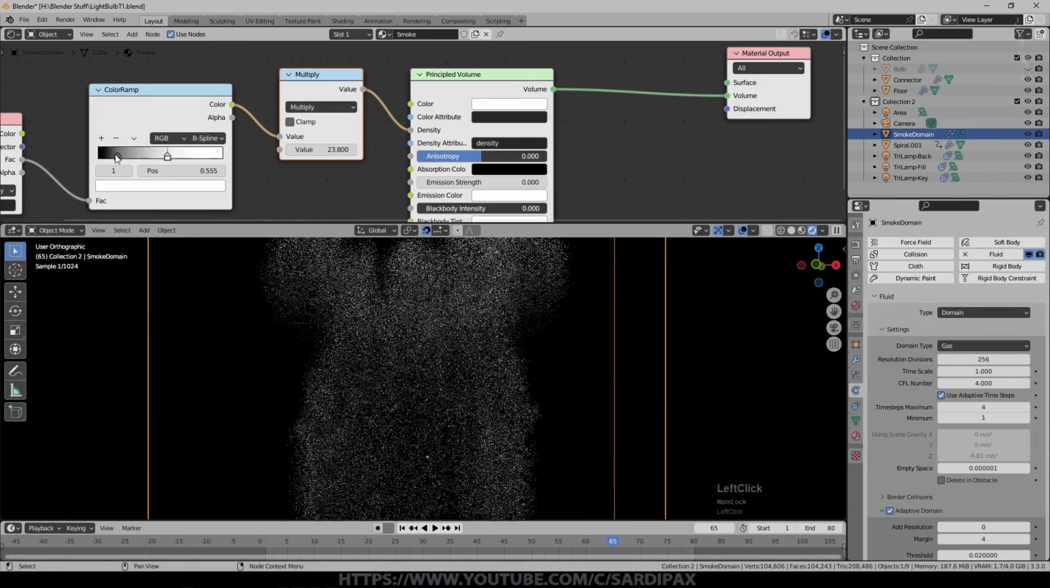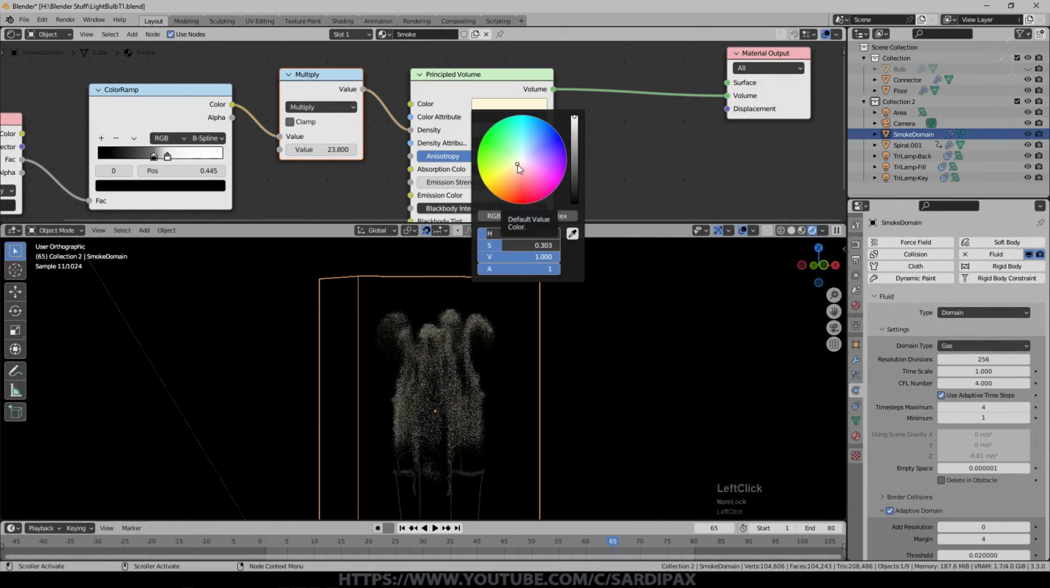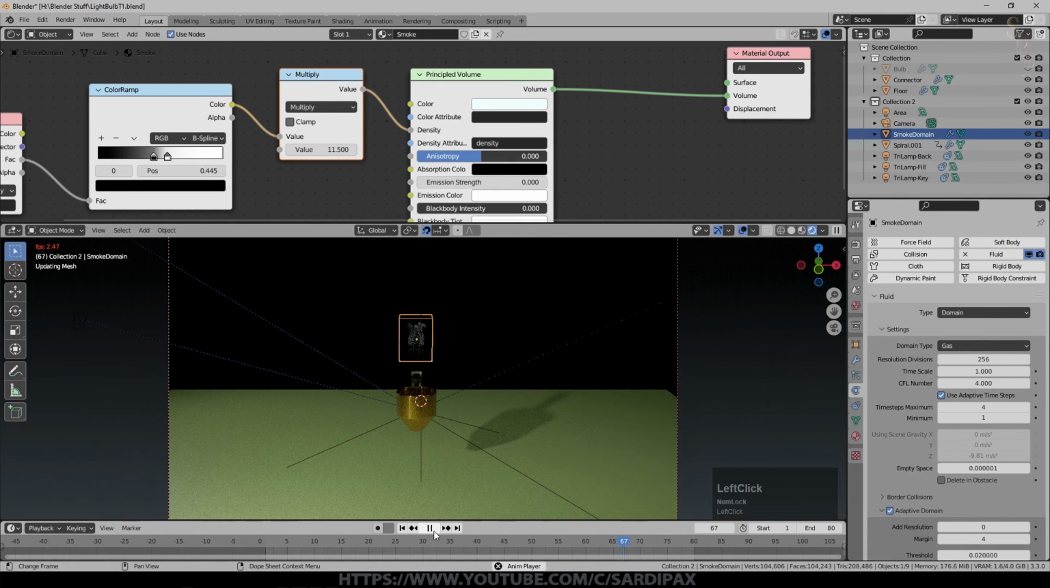B-spline will be the softest, and you can still use that to increase the contrast. And of course you can change the color slightly if you want to. You can go for a yellower smoke or whatever, or just for a darker smoke, but I think white is fine. And maybe that multiplier is a little too high. So if we let that run a little bit more,